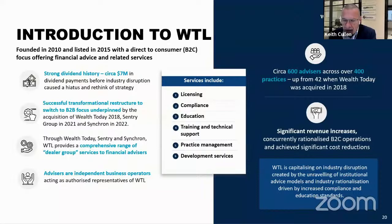We thought that independent financial advisors could really benefit from all of the many tools and the intellectual property that we'd built in our direct-to-consumer business. So we bit the bullet and took the decision to pivot to become a primarily B2B focused business. We sold off various parts of our direct-to-consumer operation, and we started our foray into what is known as AFSL